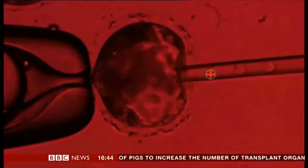Thank you. More now in the news that scientists in the United States have begun injecting human stem cells into pig embryos. A research team at the University of California